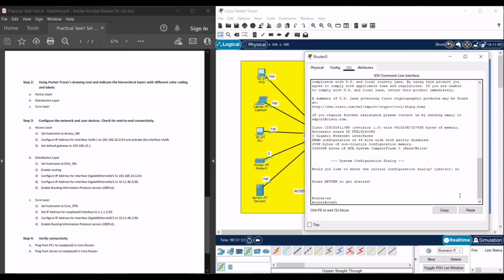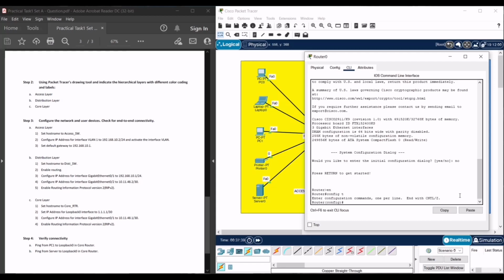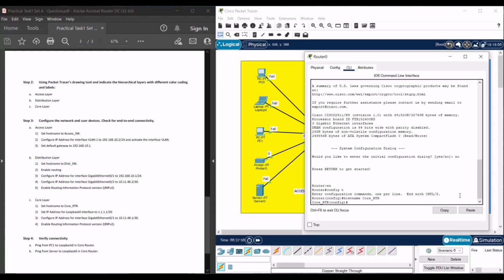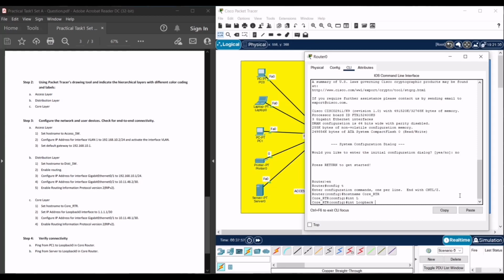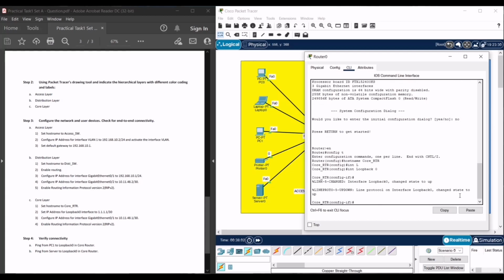Okay, enable, config terminal, hostname core RTR. Okay, same. Then I'm gonna set up the loopback interface, loopback 0. Okay, you can see the loopback interface is up now. Okay, I'm gonna set the IP for the loopback interface, which is